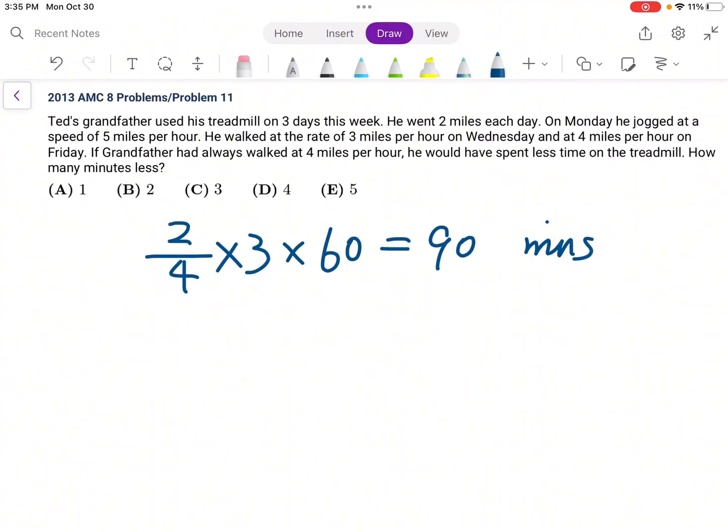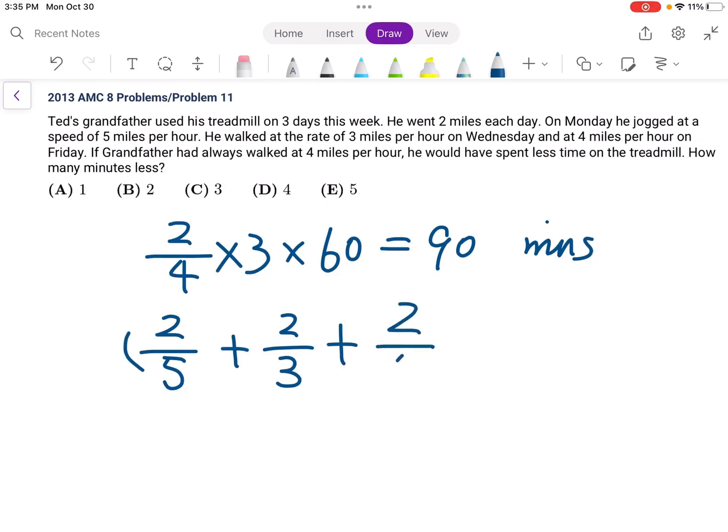And he actually jogged at a speed of 5 miles per hour the first day, so that's 2 over 5. And the second day, he walked at a rate of 3 miles per hour, so the time is 2 over 3. And the third day, he walked at a rate of 4 miles per hour, and the time should be 2 over 4. And we sum them up and multiply by 60 minutes per hour, and that gives us